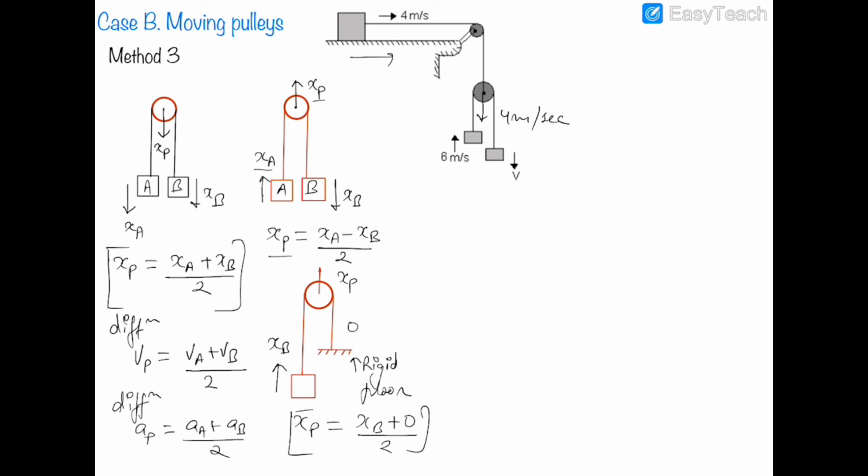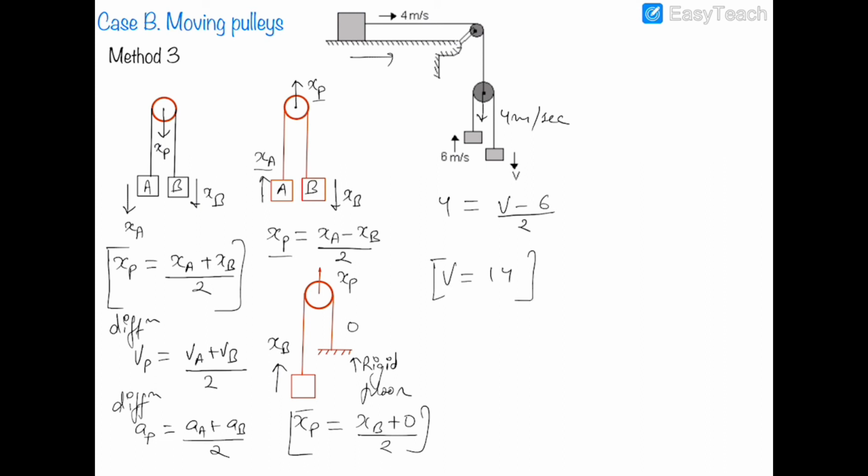So this concept is obviously valid for velocities and accelerations, and hence we can directly say that this pulley, which is moving downward in this case with 4 meters per second, has this velocity 4 as the average velocity of both the blocks. As 4 meters per second is pointing downwards, we have to assume the downward direction to be positive, and as a result I have to assume this v as positive. So I am writing the equation as (v minus 6) upon 2 is equal to 4, and v would be equal to 14.